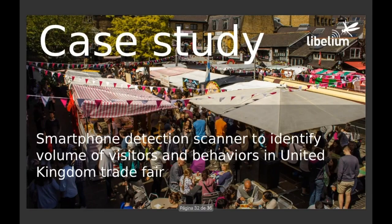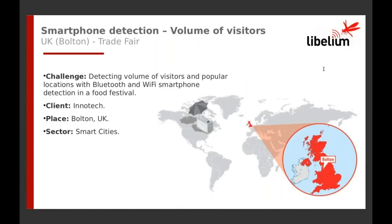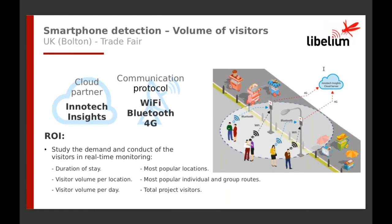And as a case study, I want to talk to you about this case that was in the United Kingdom, in Bolton, at a food festival. Here the customer wanted to monitor how many people were attending and what were the main areas that people were around. So they placed 2 different Meshlium scanners on 2 poles, as we can see in the picture. Their aim was mainly to know how many people were attending, but also